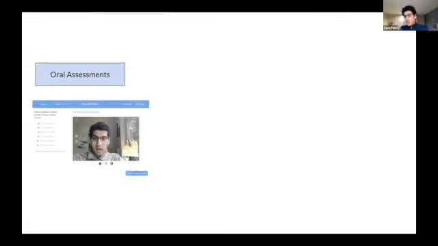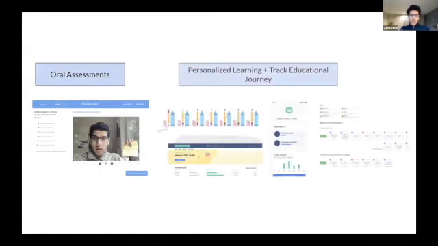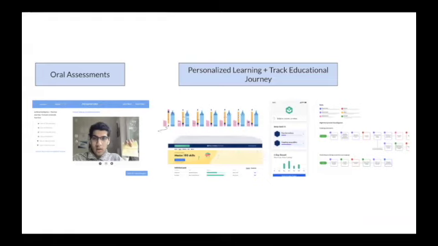Just a quick raise of hands for all of you that have your cameras on. How many of you would prefer oral assessments over multiple choice assessments? And how many of you would prefer a system that adapted and was personalized for all of your learning versus just meeting the needs of the students in the class? How many of you guys would like to have an understanding of how you were intellectually as a kindergarten student to now how you're intellectually as a 12th grader and even beyond, really transforming what the idea of lifelong learning